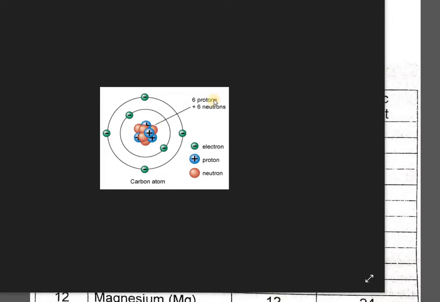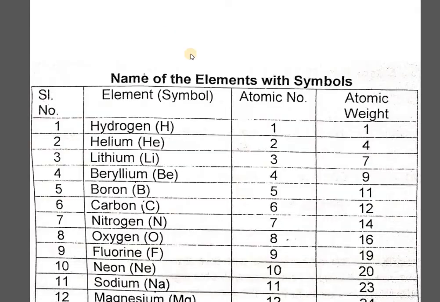The protons and neutrons are present in the nucleus of an atom, whereas there are certain circular orbits present, which may be variable in number. It can be 1, it can be 2, it can be 3, it can be more than that. And what is the deciding factor for the number of orbits present? It is the number of electrons. Here you can see there are a total of 1, 2, 3, 4, 5 and 6 electrons, and that is how we can define that the atomic number of carbon is 6.